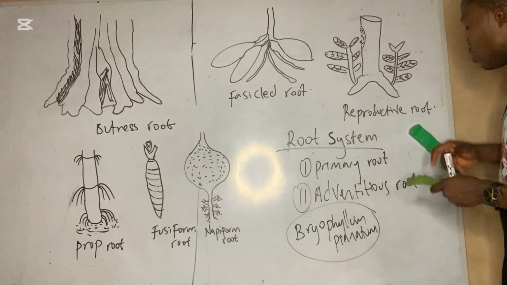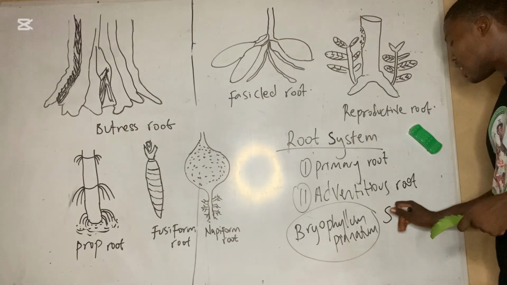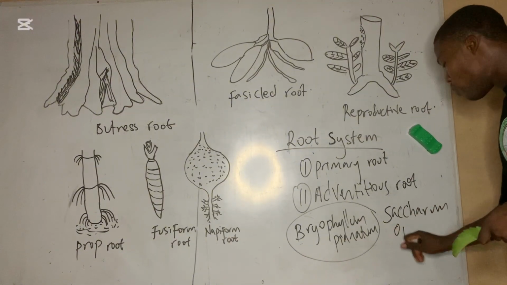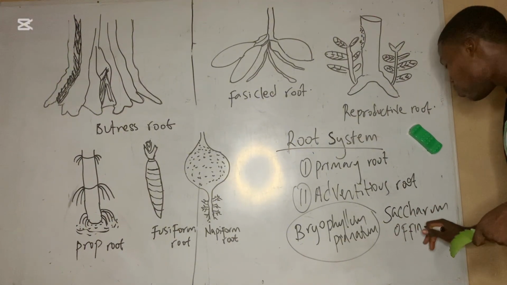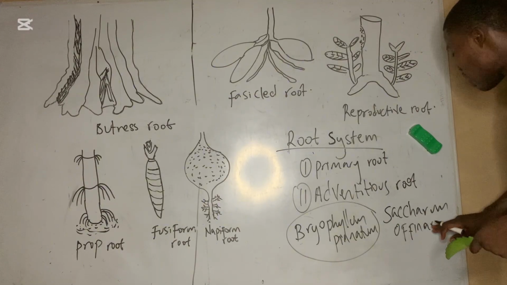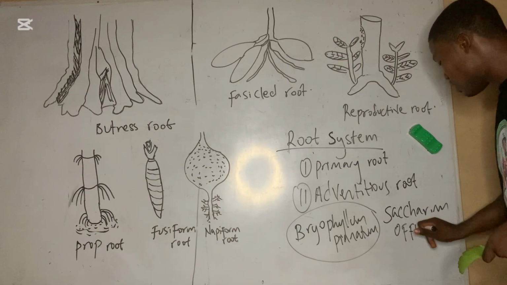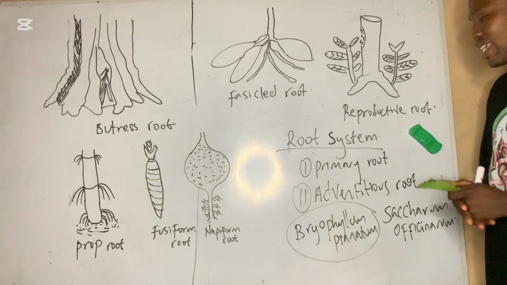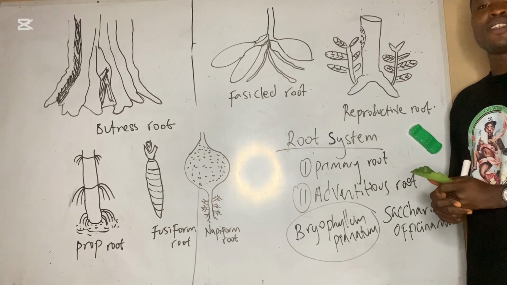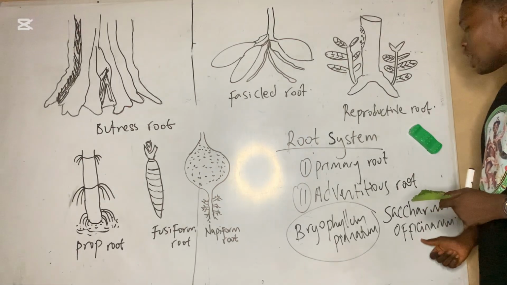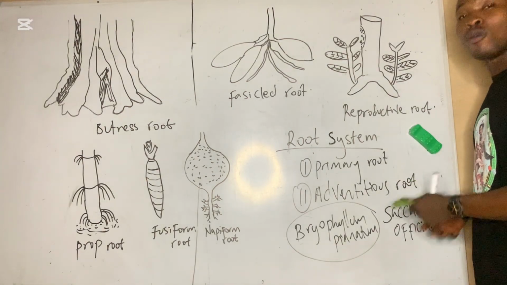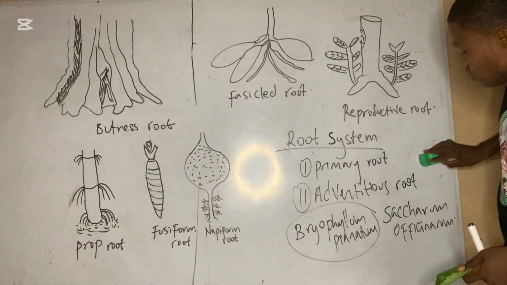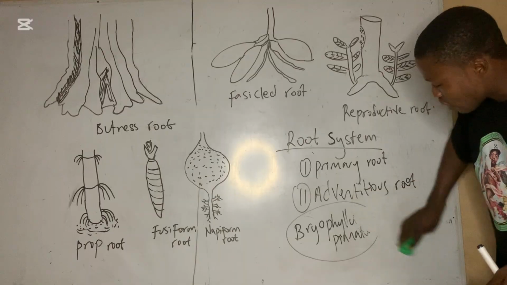Another plant that produces adventitious roots is the sugarcane, Saccharum officinarum. So Saccharum officinarum is sugarcane. Saccharum officinarum also possesses adventitious roots. The adventitious roots are usually from the stem. Now, having known adventitious roots and common plants that have them,